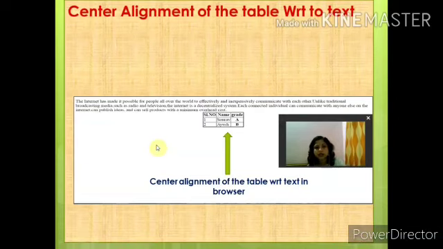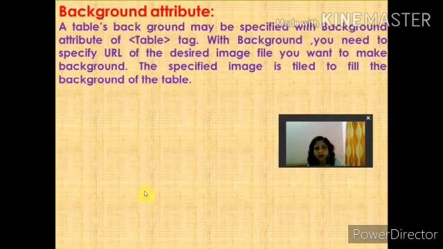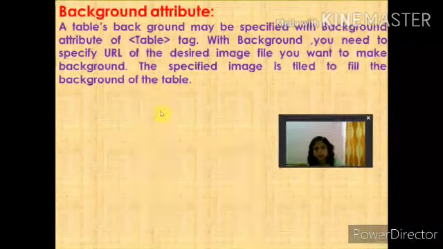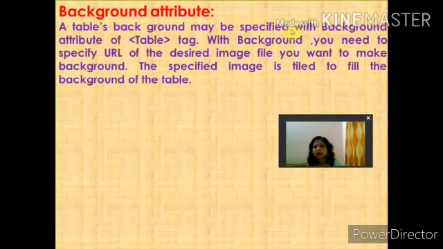So next one is the background of the table. You have studied about the BG color attribute. BG color applies a color at the background, but a table's background may be specified with the background attribute of the table tag. With background, you need to specify the URL of the desired image file you want to make the background.